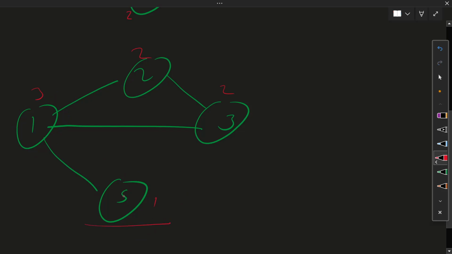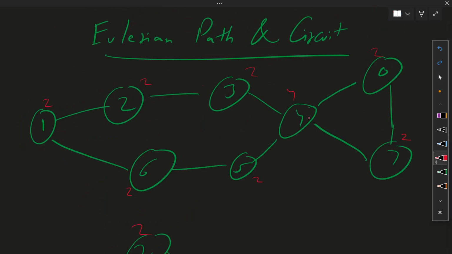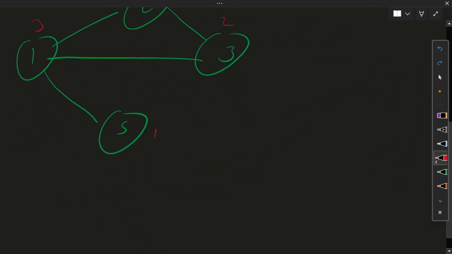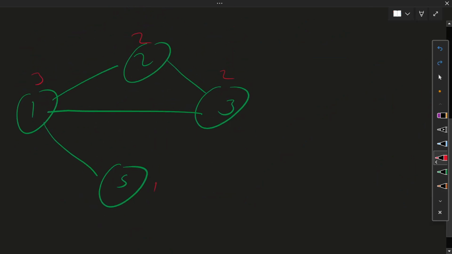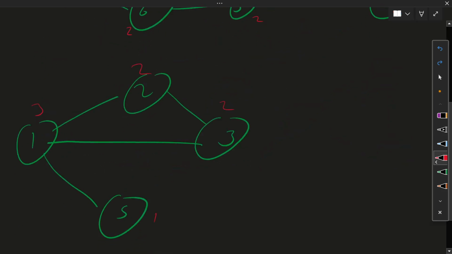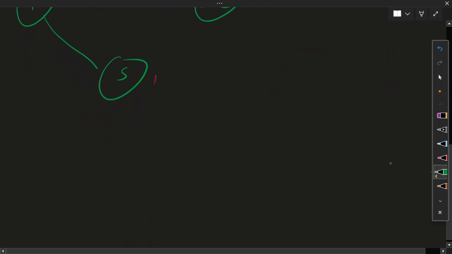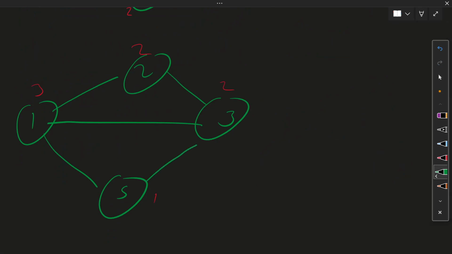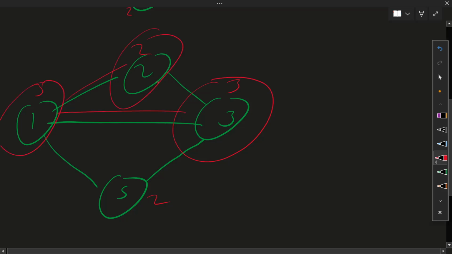As you can observe, here we have odd connected edges, but here we don't have any odd connected edges. So what if we take a different graph? Let's join this with this. So we have 3 and 2 here. So 3 here and 2 here. If we start from this, then we reach this, then this.